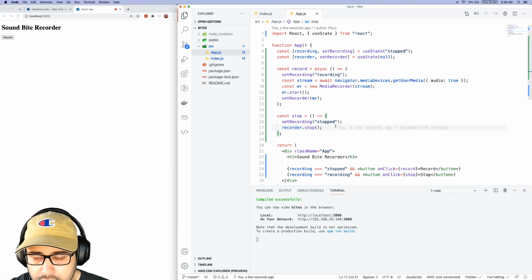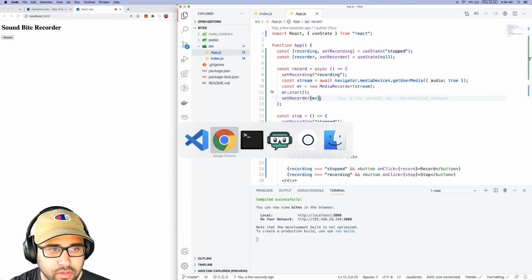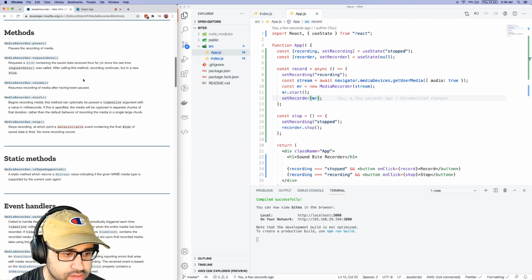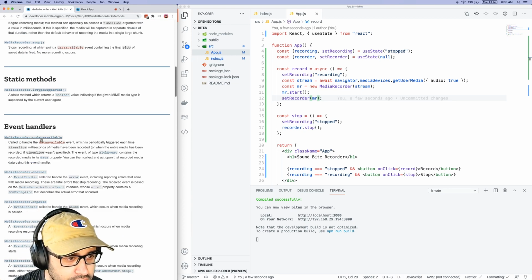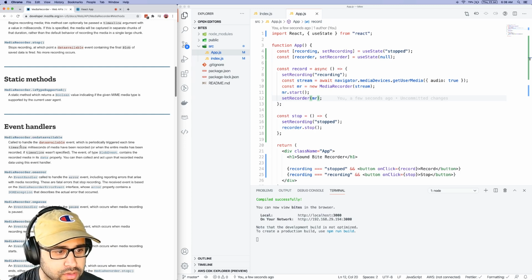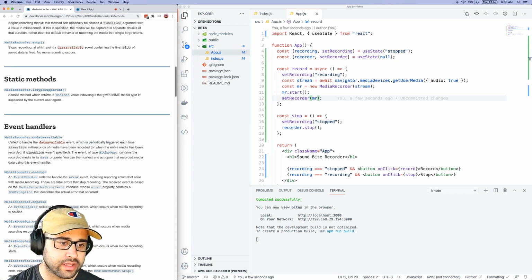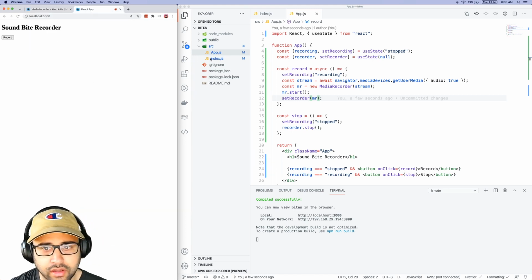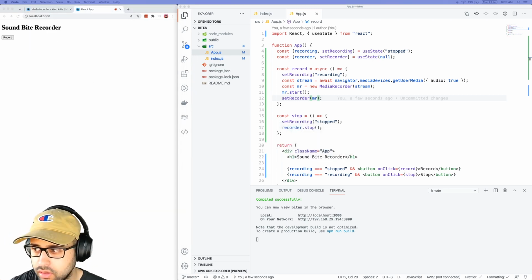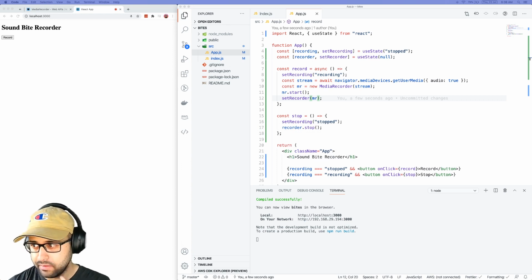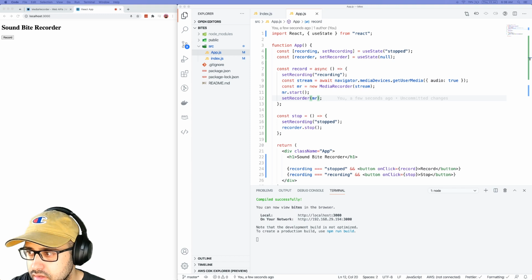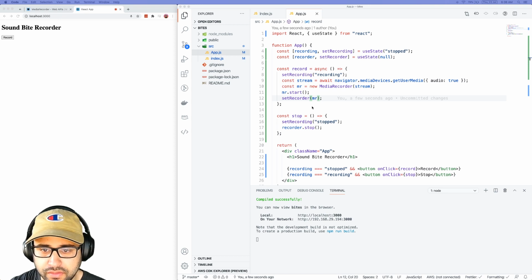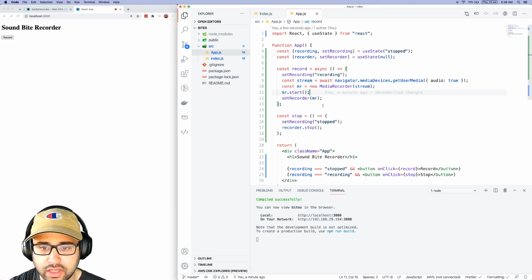But what we can do is, on the media recorder, there are certain events. So there's this event called on data available. It's called as soon as you stop. And you can basically take all the data that you have aggregated over this time and probably just use it, right? So this is something we will hook up, I guess, in the recorder itself, because we are sort of defining the media recorder and everything here. So we'll probably do